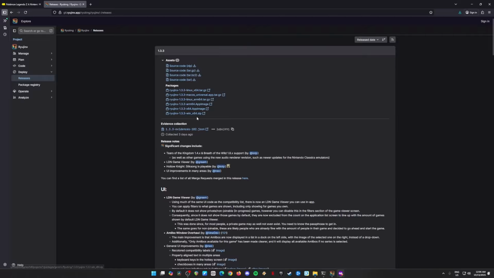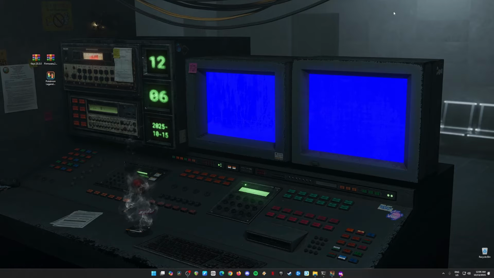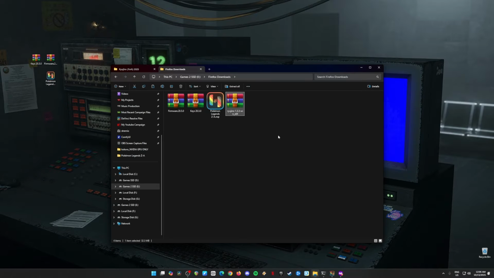Since I have already downloaded this file, I'm just going to skip on it for you. Download it now, and you will get something like this here, and just click on it to run it. So I'm just going to open the folder where I have the downloaded file. So this is Ryubing Emulator. To install this file, just open this file,